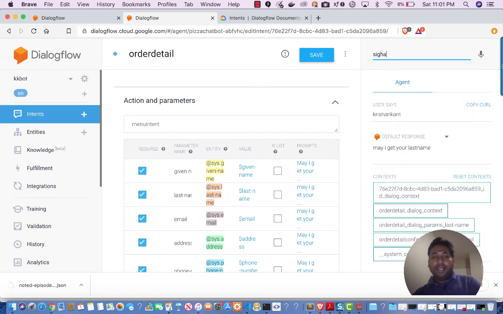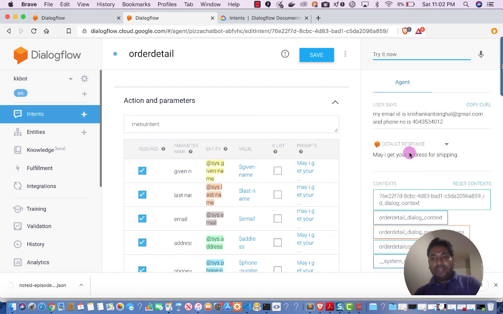So I can now create a fulfillment. We have the option of fulfillment. Using this fulfillment option, I can connect it to any Google Sheet. If you are a small business and you don't have any big system, and let us say you are maintaining a Google Sheet for orders, you can pass all this information to the Google Sheet, or you can integrate a web service. So what will happen is, once all this matches, your web service will be called with all this information.